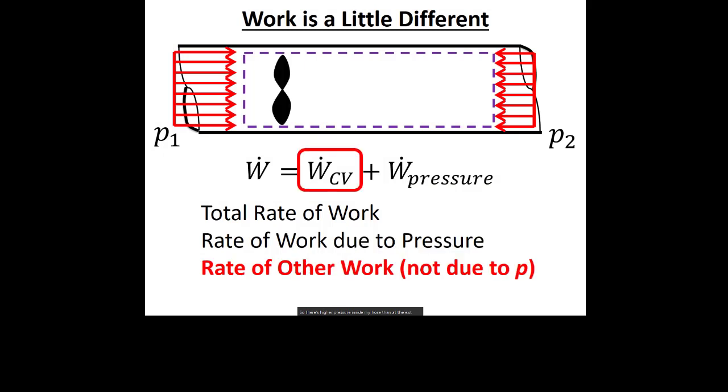But then there's that other thing, that paddle wheel work, or the work that's happening inside my control volume. In that turbine, this is the fan blades, right? And if that steam runs over those fan blades, it causes that shaft to turn. So there's that other kind of work, the work that's happening inside the control volume. This term always sticks around in components that have fan blades inside of them, right?